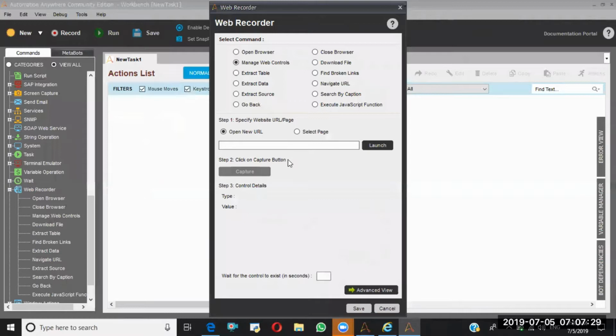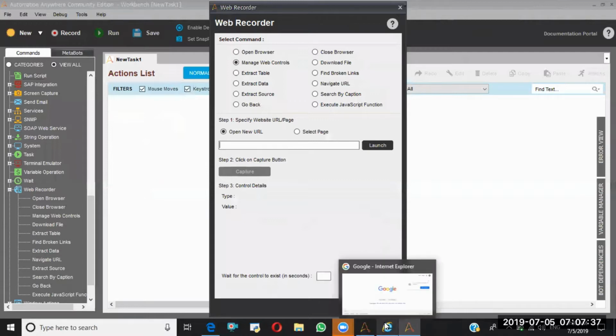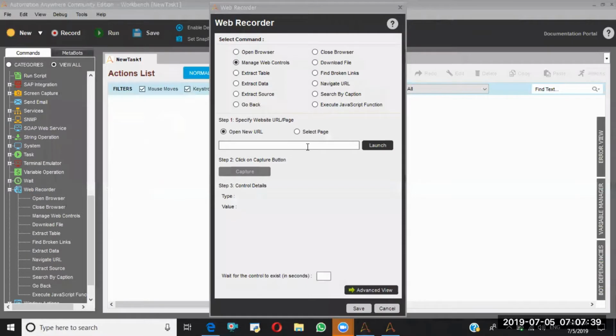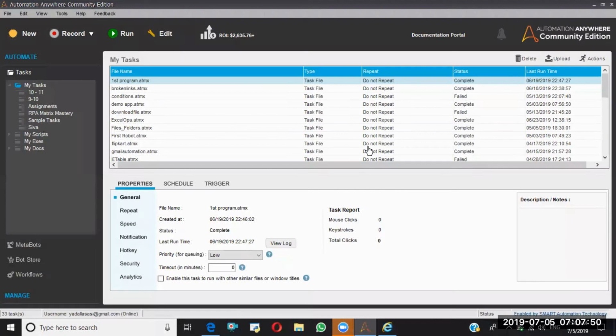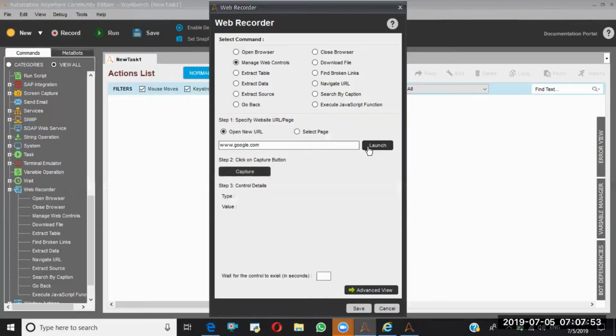Here it will work in two ways. The first one is that here itself you can submit the URL, www. Whenever you click on launch, the website will be launched automatically. But in object cloning, the website should be open previously, and only then can you perform operations on top of that website. But when you come here, the website need not be open earlier. It will be done on its own.